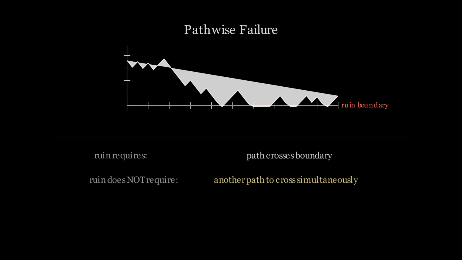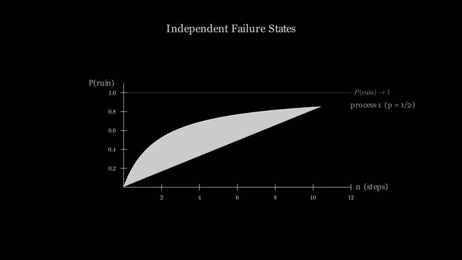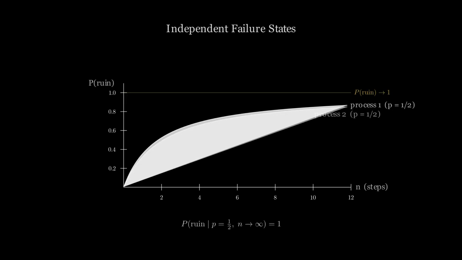Absorption occurs along a single component degradation trajectory. Correlation across components is irrelevant to whether any individual component is absorbed. Independent components each face absorbing failure states with their own probability over time. The joint probability of all components failing simultaneously is not required. Each independent component faces its own absorbing degradation boundary. Independence distributes the timing of component failures. It does not prevent them.